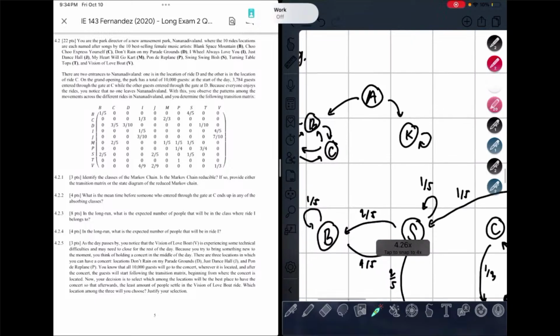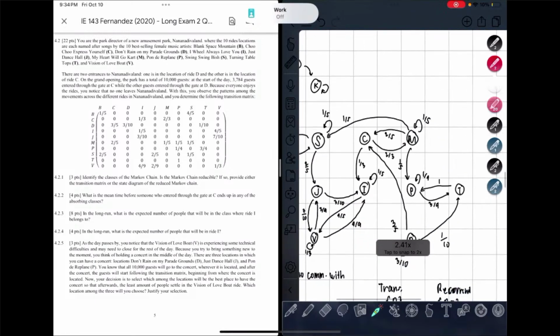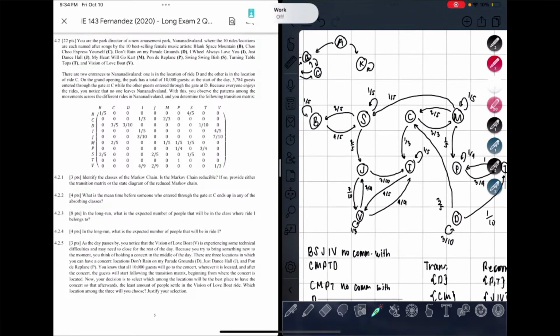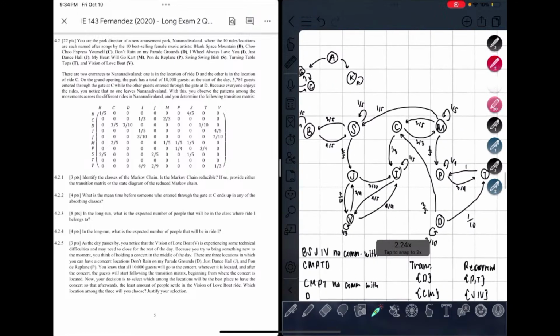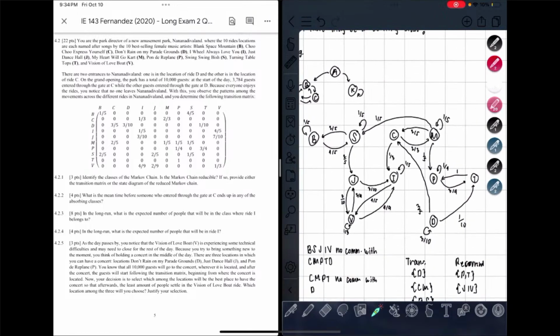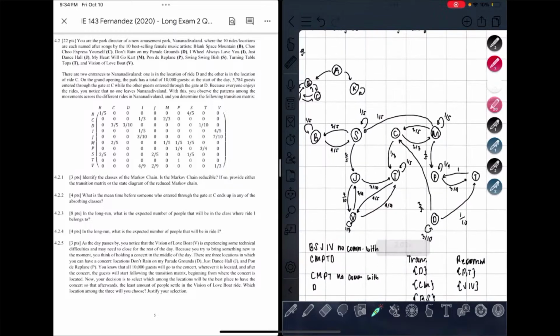So first, this is the drawing of the state diagram. Sorry to the people who are trying to follow along at the same time. I'll just go straight to it. There's a recording anyway. But here, this is the Markov chain. This is the state diagram of the Markov chain. So the first question is